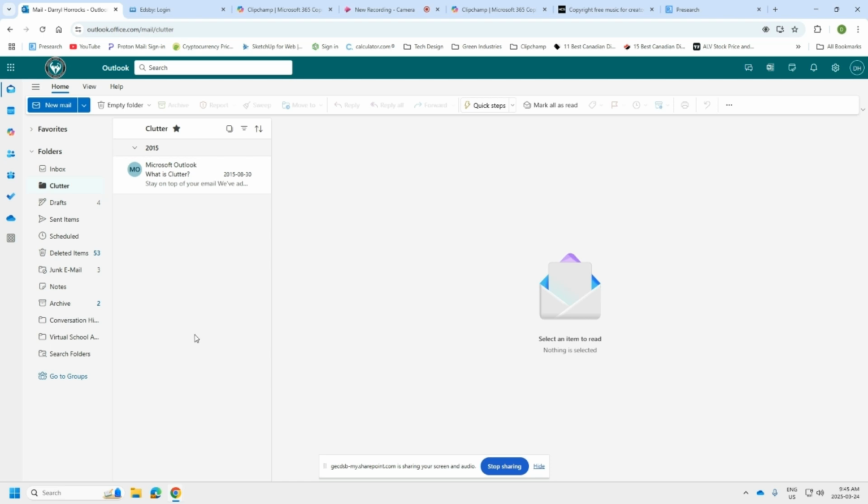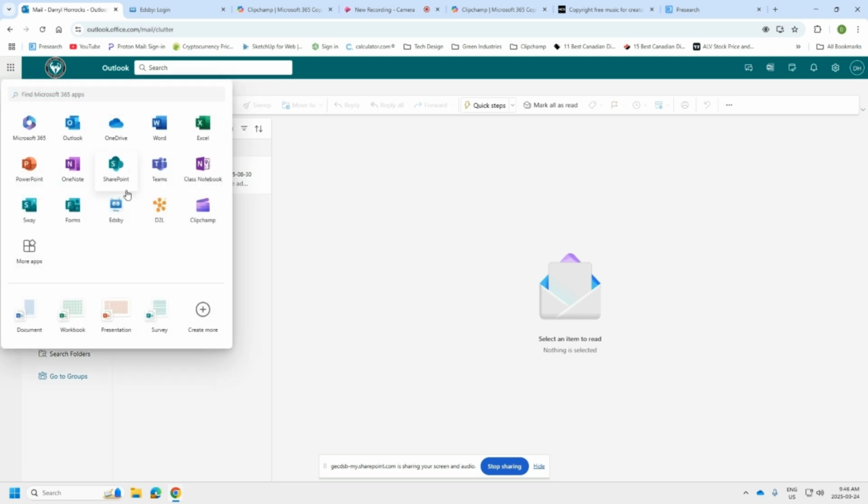So this first video for Clipchamp, Unit 1, I'm suggesting you go over to your Outlook account, the one that allows you to get to your different applications in Office. This particular one is my Outlook. The key thing is we want to click on this app launcher in the top left corner, and I currently have Clipchamp. If you do not, go to your More Applications or go on Find Microsoft 365 Apps and type